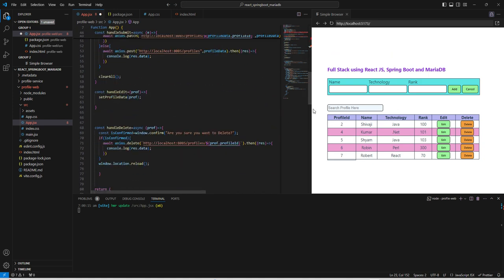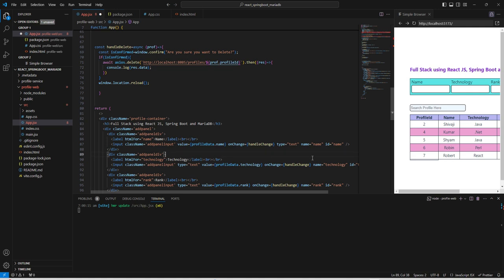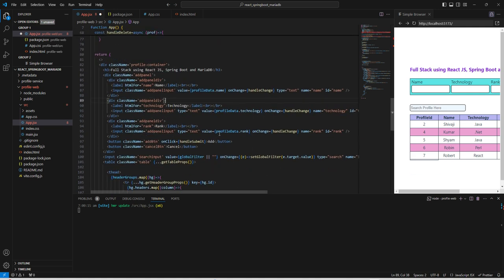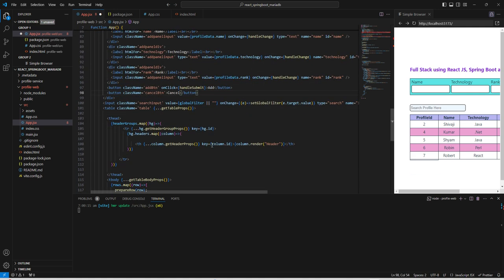And here where we render the column, we need to do one thing. This is the technology, and here we are rendering the column. So this props,